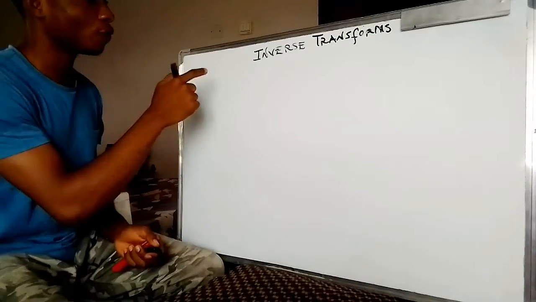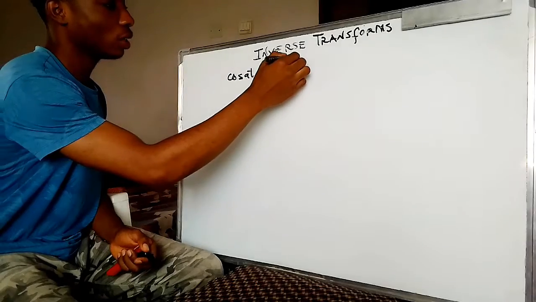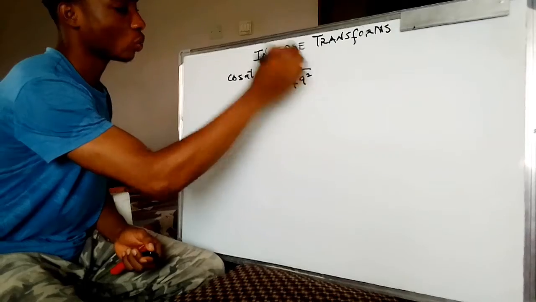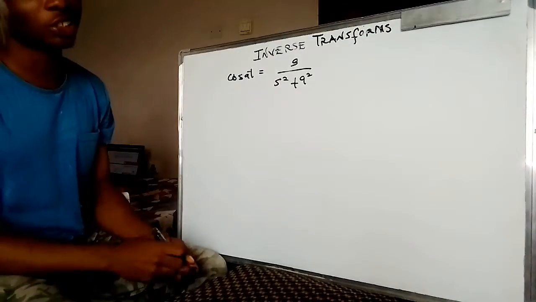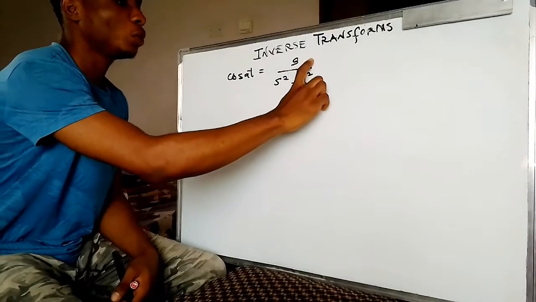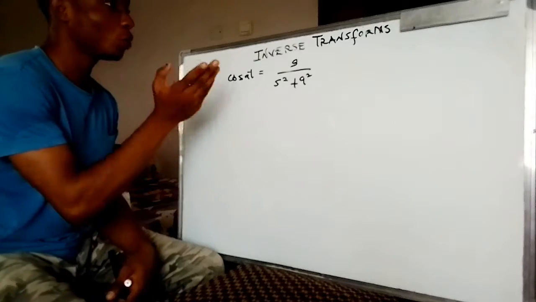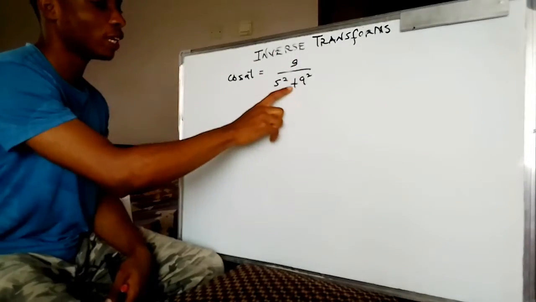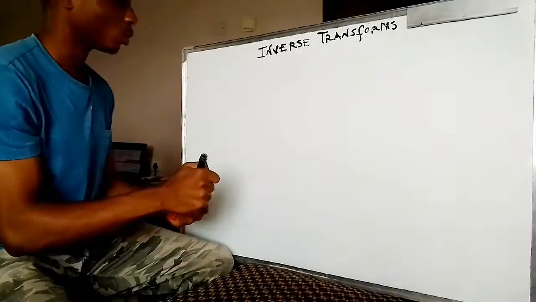We all know that, for example, the Laplace of cos at gives me s divided by s squared plus a squared, right? Now this is the Laplace of cos at. So inverse transform is telling us how we can change this back to this. So inverse transform changes the function of s back. You can just basically say that the inverse transform